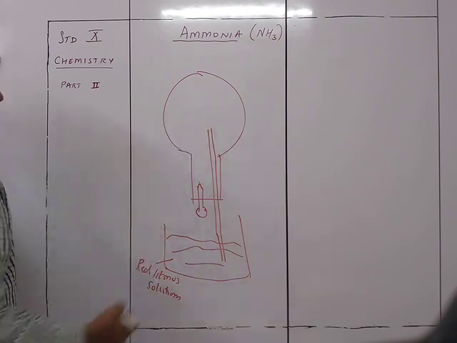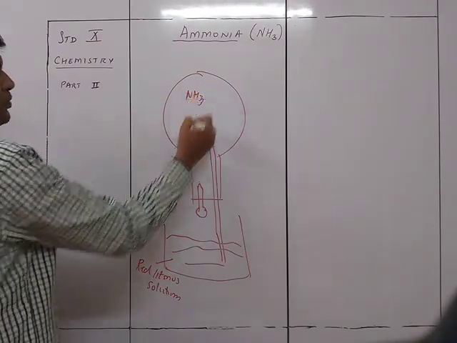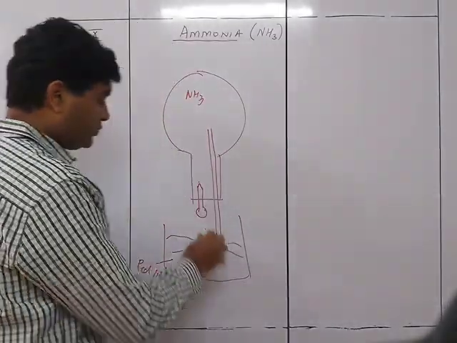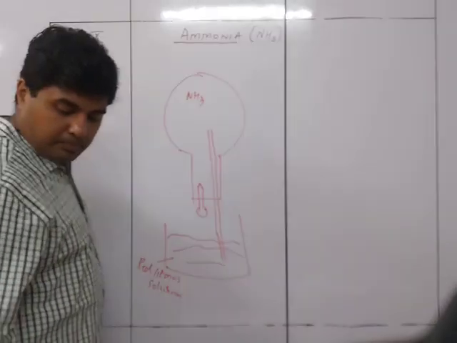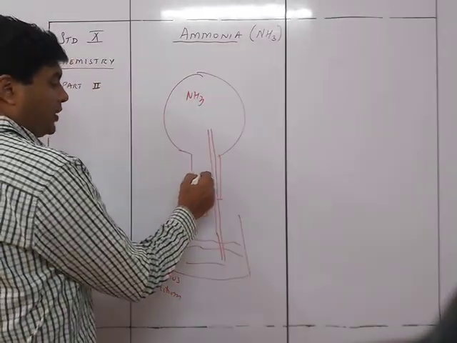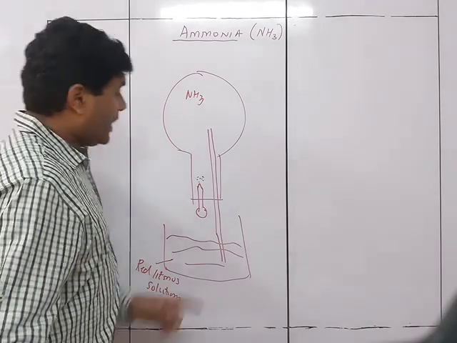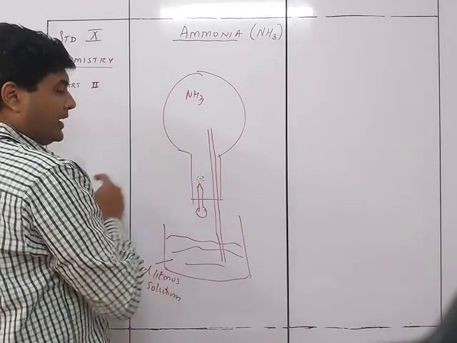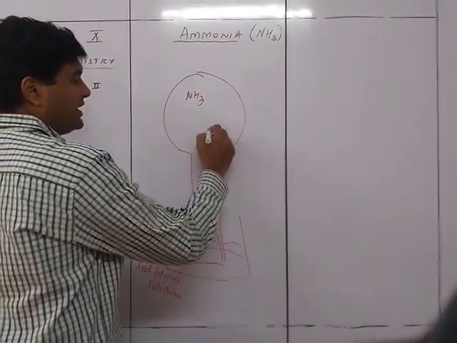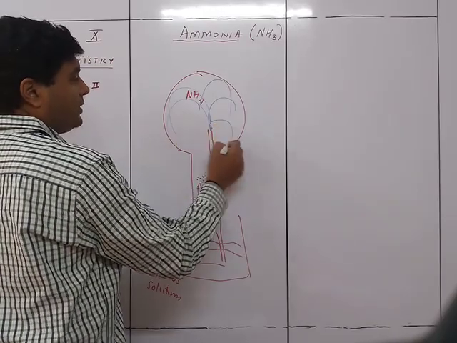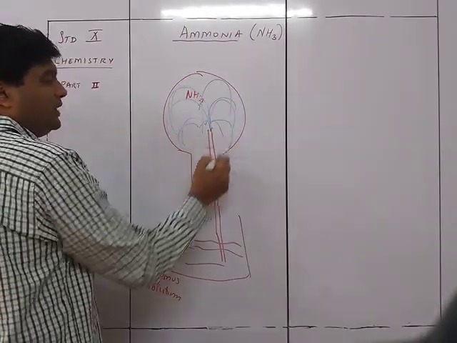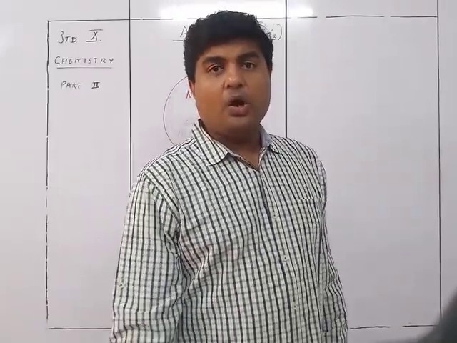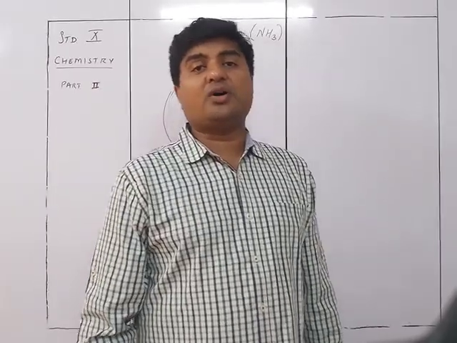Why? Because we know that ammonia, this is NH3, is basic in nature, so red will turn blue. As soon as we press this bulb, a few drops of water will enter inside, and when this water enters, ammonia is going to get absorbed over here. There will be a generation of low pressure over here, due to which the water is going to come inside and give out a blue colored fountain. So the fountain we will see in case of ammonia gas will be a blue colored fountain, which was red colored in case of HCl.